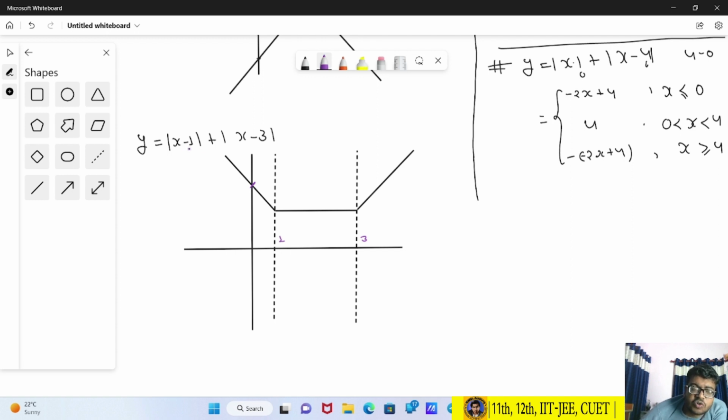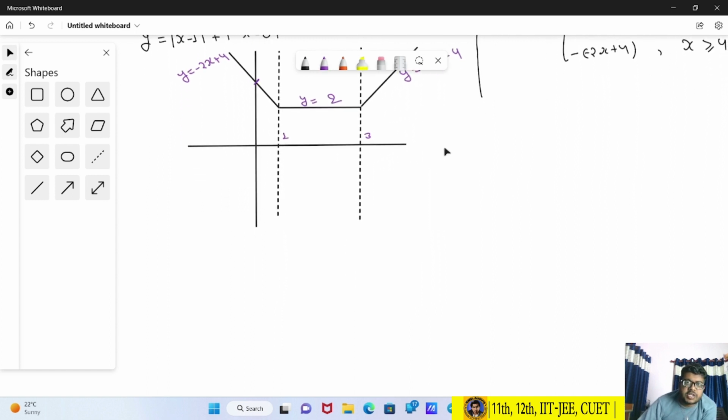It means it comes negative, and here we take 0, so it also comes negative. So negative negative minus 2x, so y is equal to minus 2x, and it becomes positive, so 2x plus 4. And this is negative, so y is equal to 2x minus 4, and 3 minus 1 is 2, so y is equal to 2. Now the graph is ready.